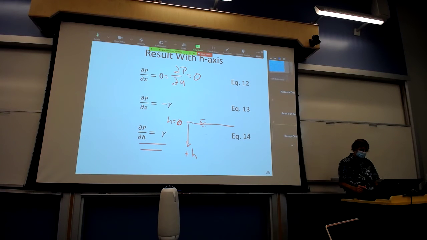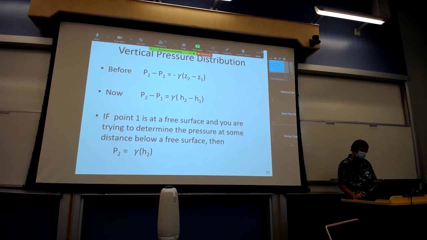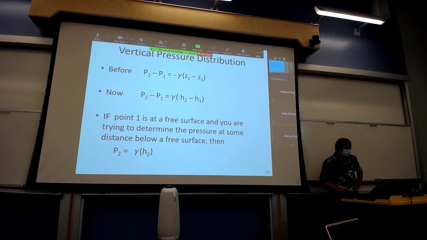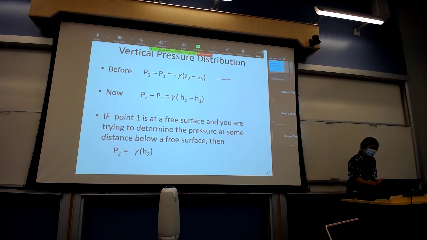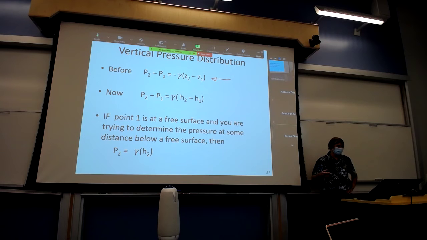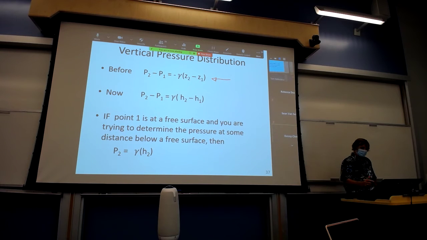And so very simply, before we had this equation that we integrated with respect to z. Now when we integrate it with respect to h, we just lose the negative sign on the right-hand side. That's the only difference. However, what's really convenient is, just like the last problem, the first problem of the lake,